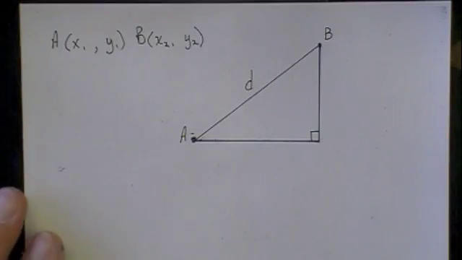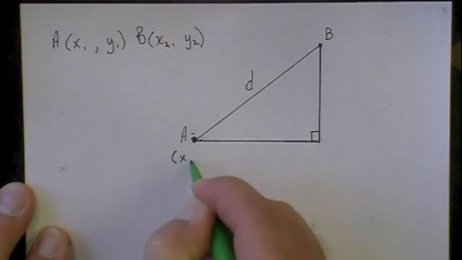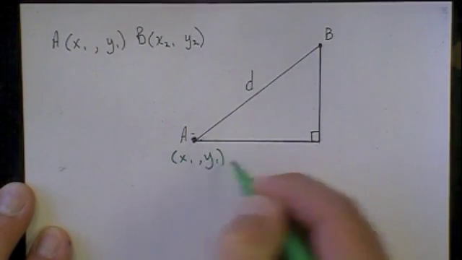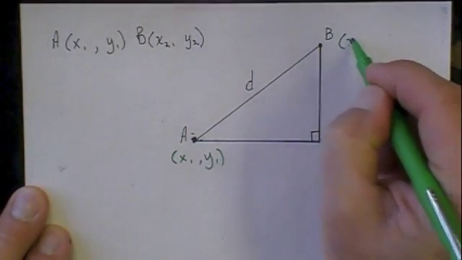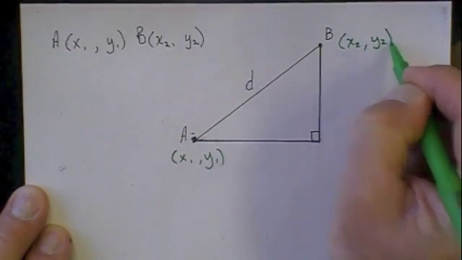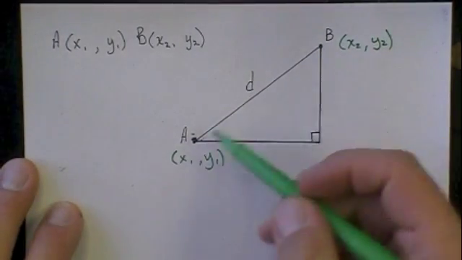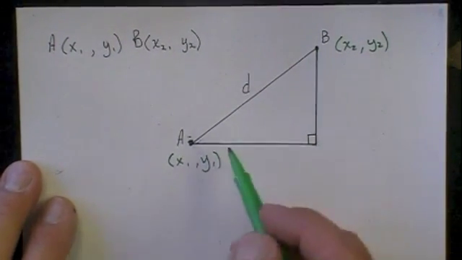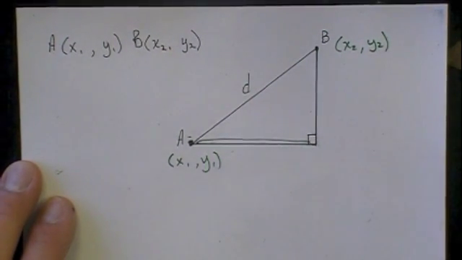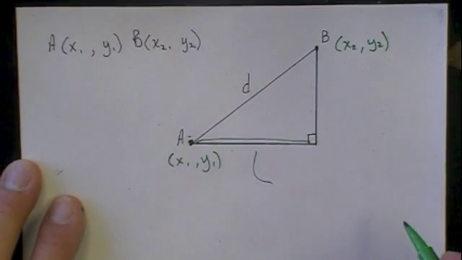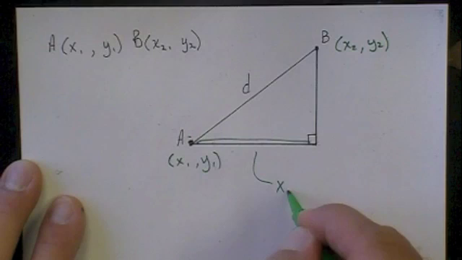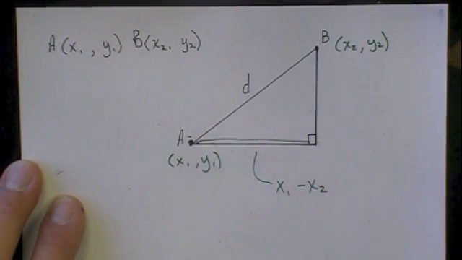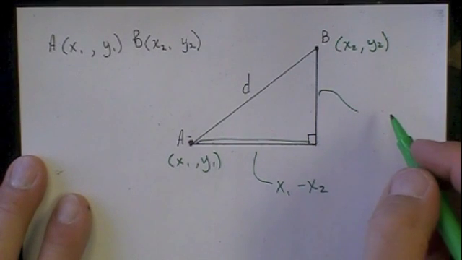So what does that mean if we have point A here with coordinates x1, y1, and B here with coordinates x2, y2, and we're looking for the length of segment d made in between points A and B? Well, we just discovered that we can find the length of this segment here, the leg of this right triangle, by finding the difference in our x values, x1 minus x2. And we can find the length of this leg of our right triangle by finding the difference in our y